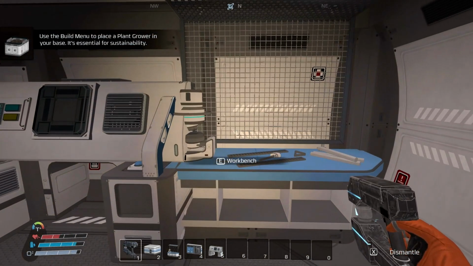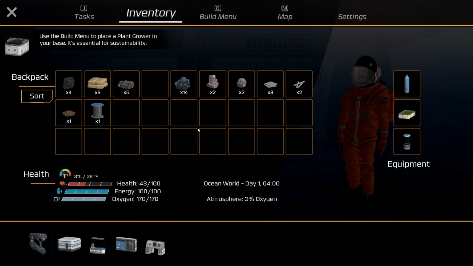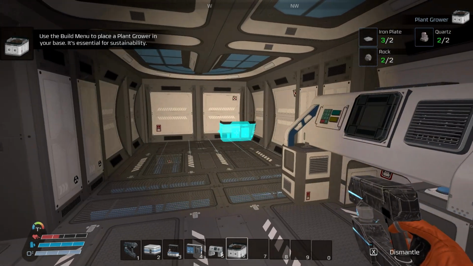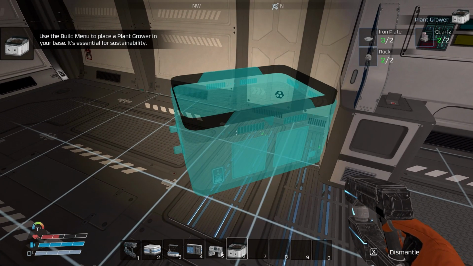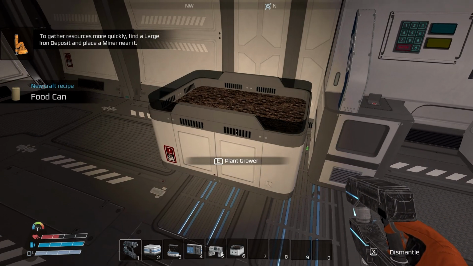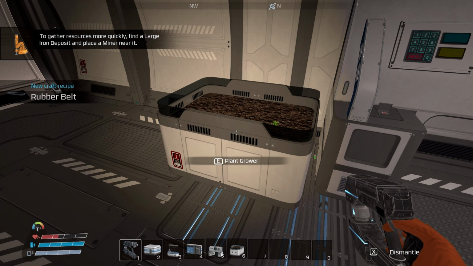Okay, so now E. No, let's see first. It's a tab. Oop, Q. Oh, I can make it. Ain't got to worry about it. So we're going to put it, I like to put it sideways, right here. You don't need to do anything to it other than place it, and it's going to produce these little bushes, trees, whatever you want to call them, leaves. And when you get ready to make your food,